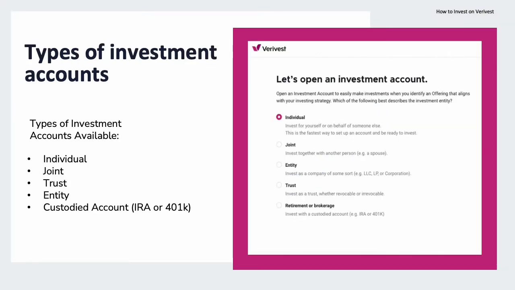The types of investment accounts available to create through Verivest are an individual account if investing as yourself or on behalf of someone else, a joint account if investing with another person such as a spouse or partner, a trust, either irrevocable or revocable, an entity, typically an LLC, LP, or a corporation, or a custodied account such as an